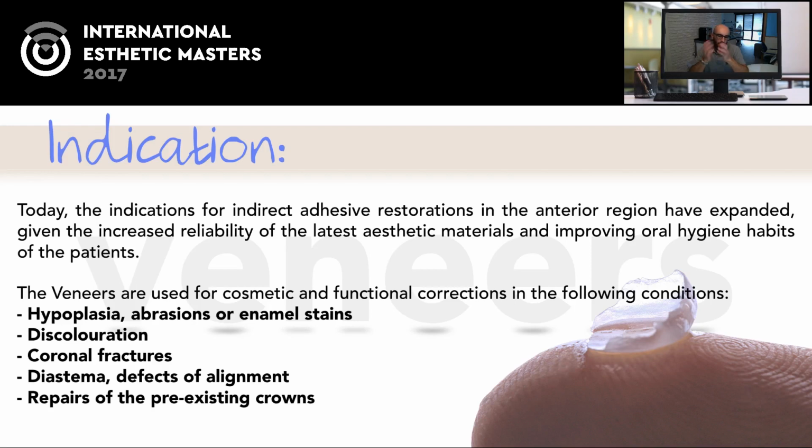You can repair also the existing crown. If you have to close a diastema or a defect of alignment, you can always work on this veneer. But working with veneers, especially this kind of very thin veneer, always depends on the skill of the dentist and the dental